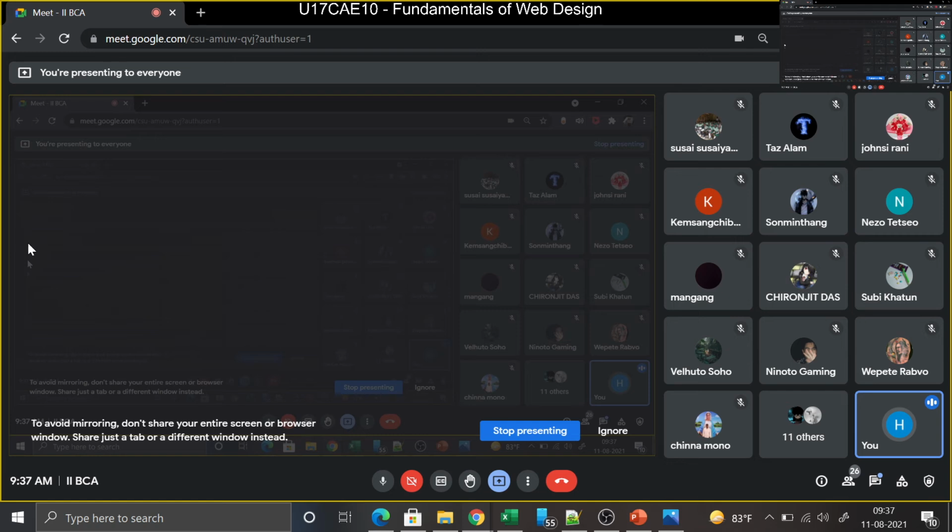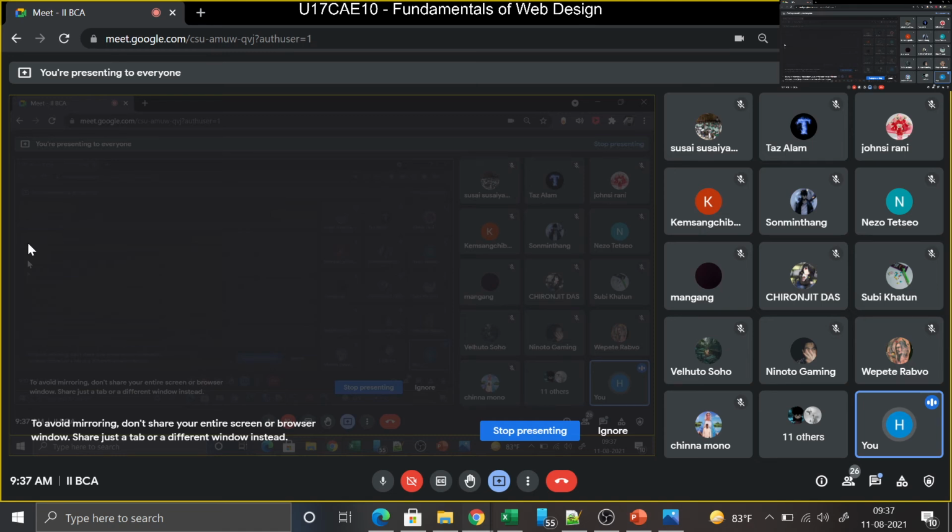Now you can see there is a tag called TR. Can anyone tell me what TR is? Table row. Good. What is TH? Table head. In fact, it's table heading. Then you have TD.